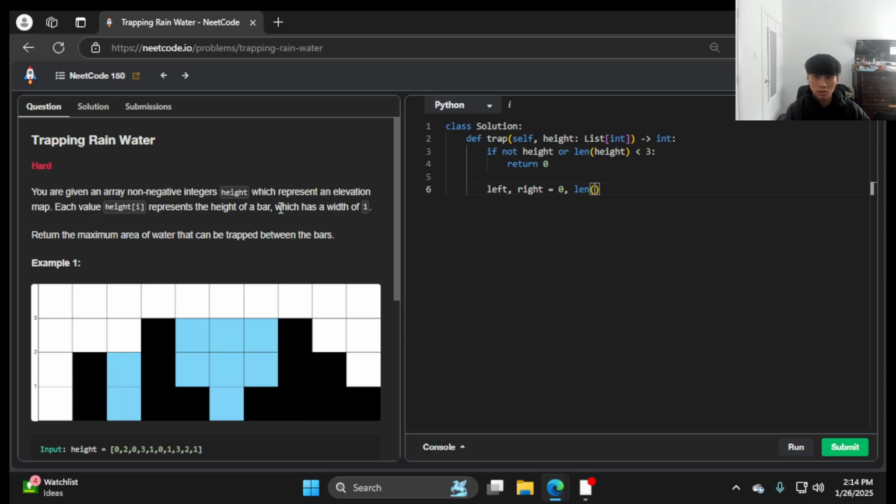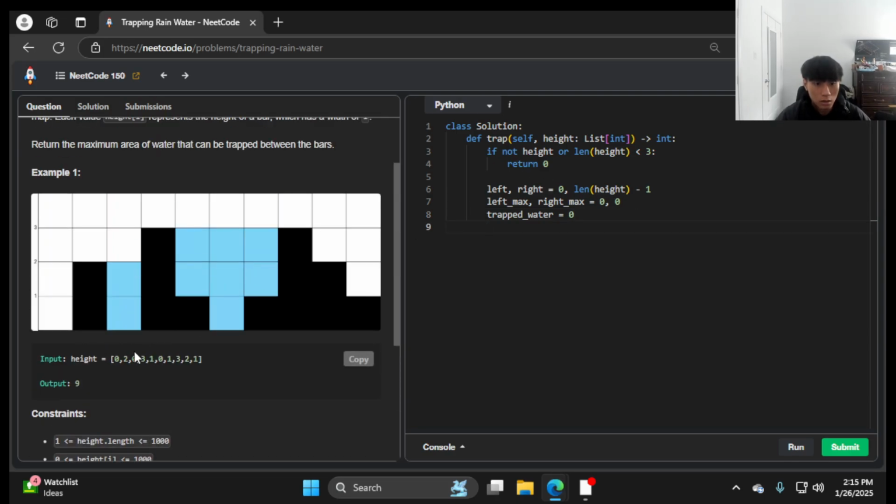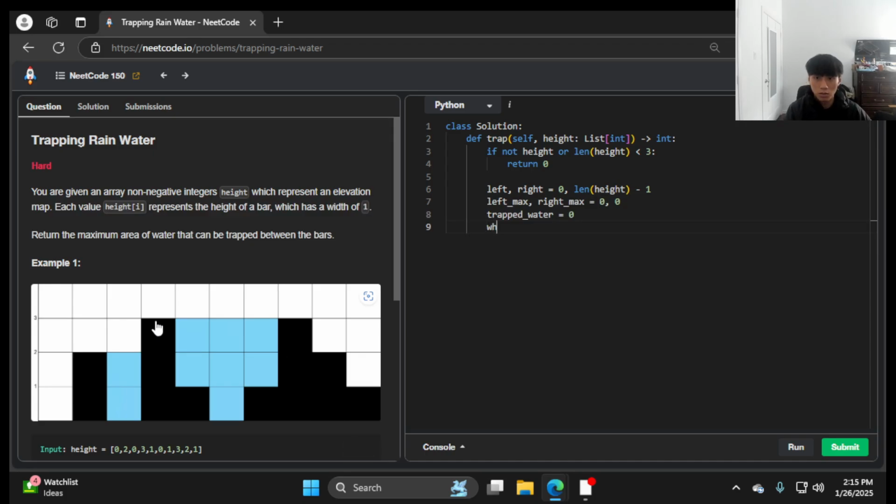Set up 2 pointers. So these are all just 2 pointer problems so far. I should have done randomized. It probably would be more interesting. So we can set left max and right max to 0. And at the end we want to return trapped water. Let's see. While left is less than right, if height of left is less than height of right,